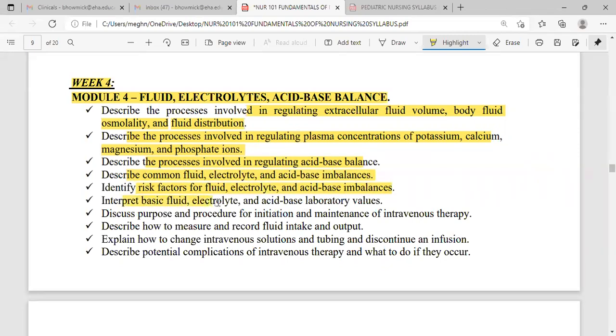Interpret the basic fluid, electrolyte and acid-base values, and describe the purpose and procedure for initiation and maintenance of intravenous therapy. Describe how to measure and record fluid intake and output, and also explain how to change intravenous solutions and tubing and discontinue the infusion. Describe the potential complications of intravenous therapy and what to do if they occur,